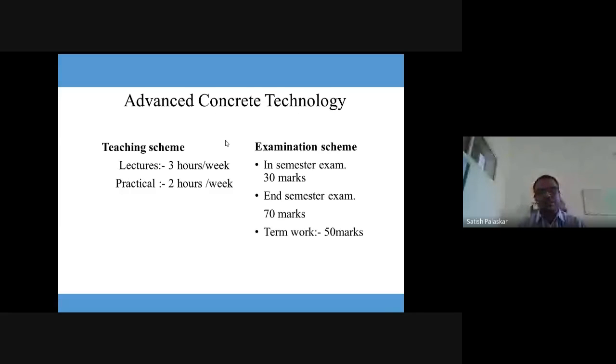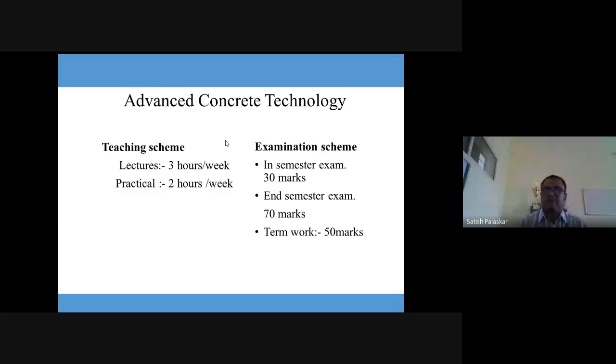Non-destructive test, NDT. Now that is what we will say, the area where you can do your career. That's it. Because many old buildings, they require a structural audit. That buildings are existing. You cannot take a destructive test over there. That means if you have to find out the strength of a concrete, what you will do? You will just make a concrete, cast a cube, and take its compressive strength.